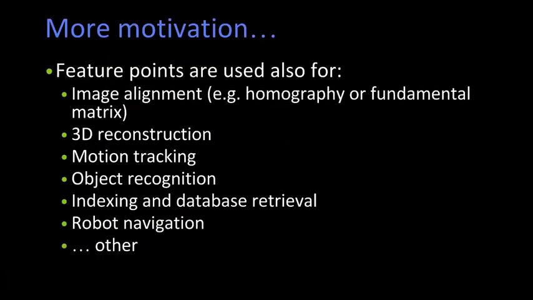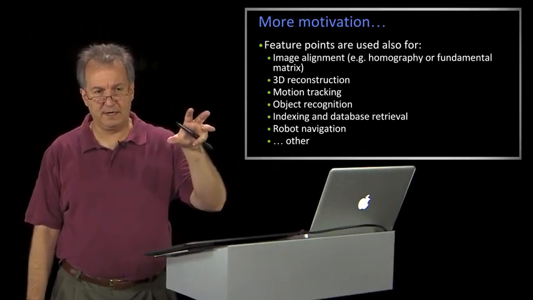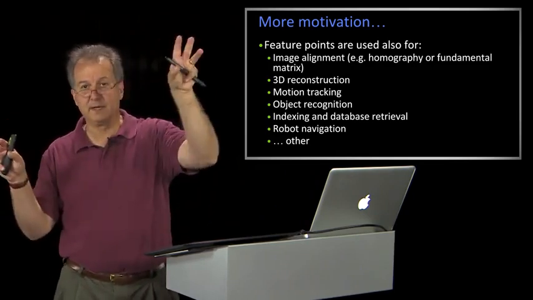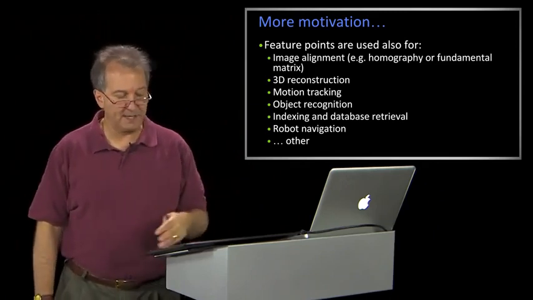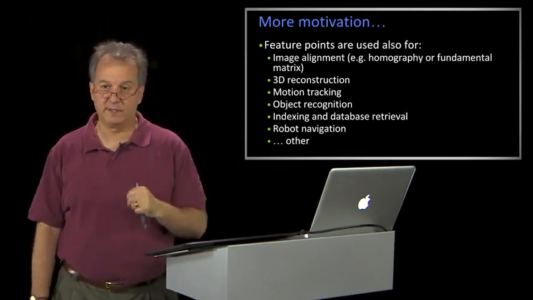All right. So feature points are used for all sorts of operations in computer vision. Image alignment, we talked a lot about. 3D reconstruction. Motion tracking, where I'm trying to figure out whether the object or the camera is moving. Object recognition; in fact, in a couple of lectures from now, we're going to take some features from a bunch of different objects, take the features in our image, and figure out that it's this object that's in that image. Database indexing, robot navigation. Features are used for all sorts of things,